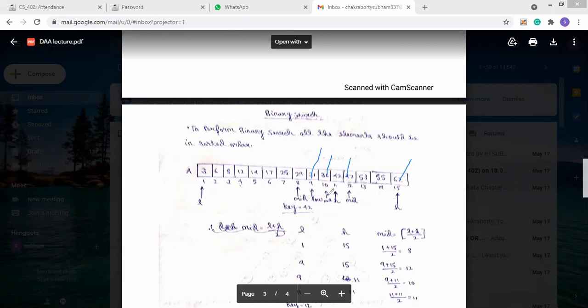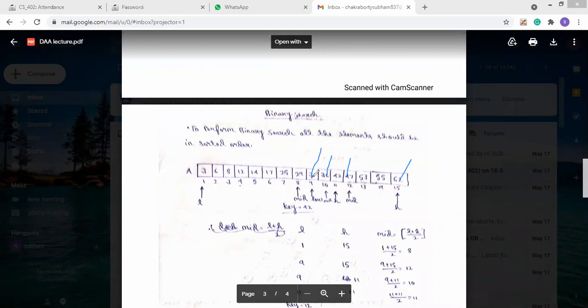So that means our left position will be checked. So our high will now move again to mid minus 1. So mid minus 1 means our high will now become, from 10, it will become 9. So 9 plus 9 by 2, that means 18 by 2. Then in this position, low and high both will be pointing. So after pointing that, you can see